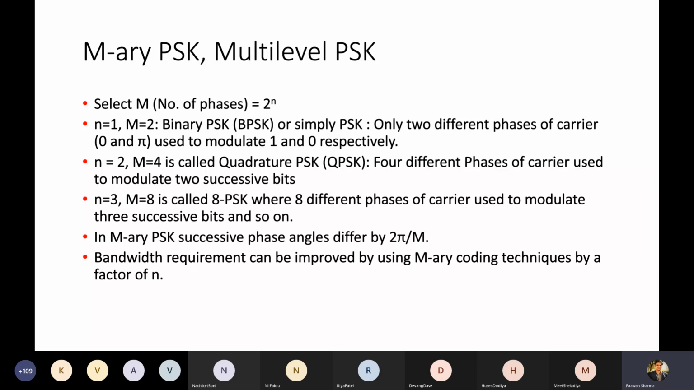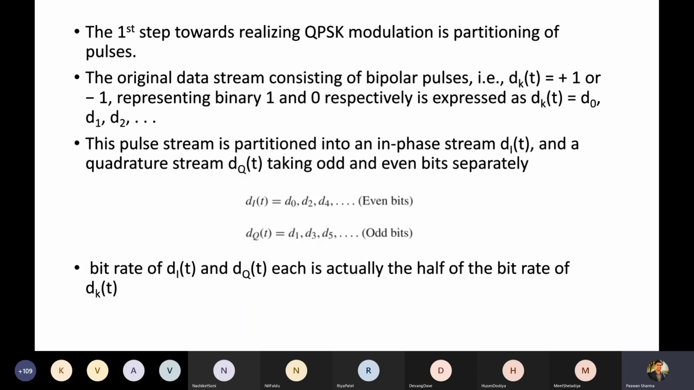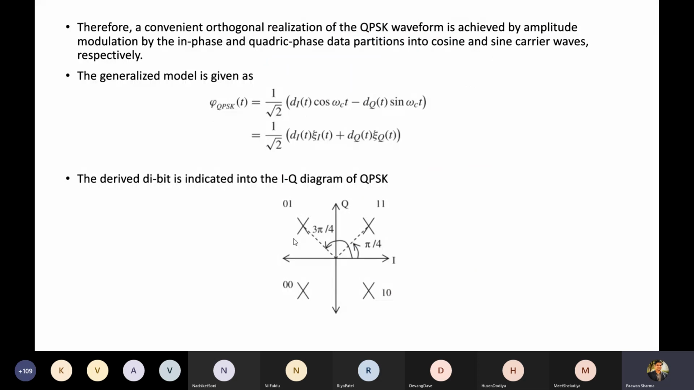Essentially, in an M-ary PSK, M means M number of phases are there in that phase shift keying scheme. The successive phase angles will always differ by 2 pi by M. The bandwidth requirement depends on the values of M and n. QPSK we have seen in detail. The bit splitter was separating D0 and D1. This is the I channel, this is the Q channel. Then considering the values before the cos and the sine as either +1 or -1,